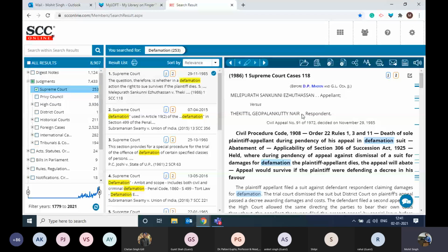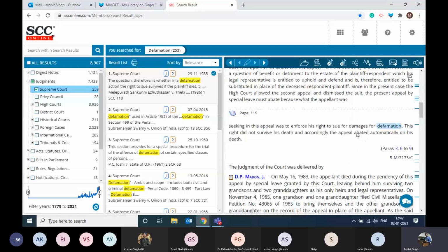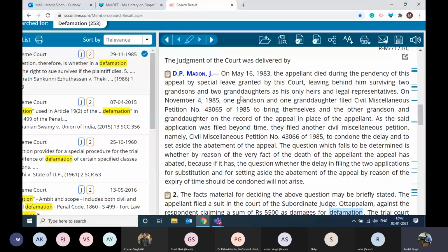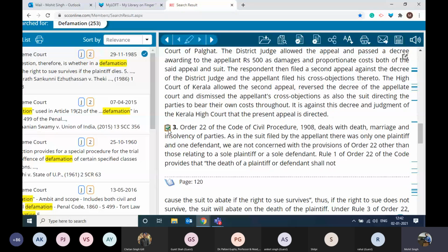The second most important thing while researching on any particular document is how to copy any paragraph or any line from a judgment. It's very easy over here. First of all, go to the judgment text. This is the judgment text, as you can see. So in order to copy the starting 4 lines or 3 lines or the whole paragraph, the process is very simple. You single click on the notepad, which is just beside every paragraph number. So you single click onto it, single click again, and single click on the third one as well.